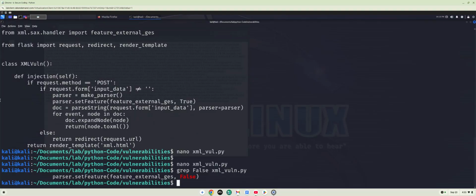We also looked at XML, XML parsing in particular, and some vulnerabilities that could be found there, as far as the XML external entity, which is very similar to your file inclusion types of attacks. Then we covered some ways that we can mitigate against that, and also going back to the pickle, discussed some best practices when looking to serialize and deserialize